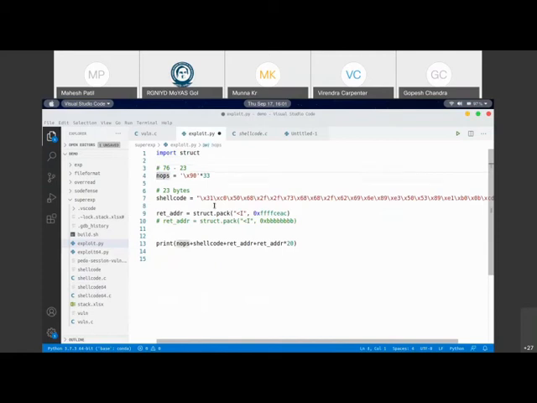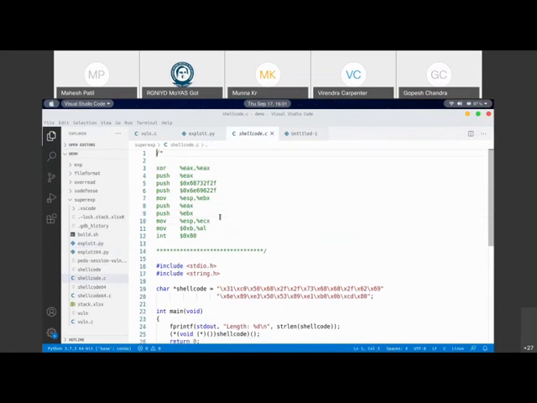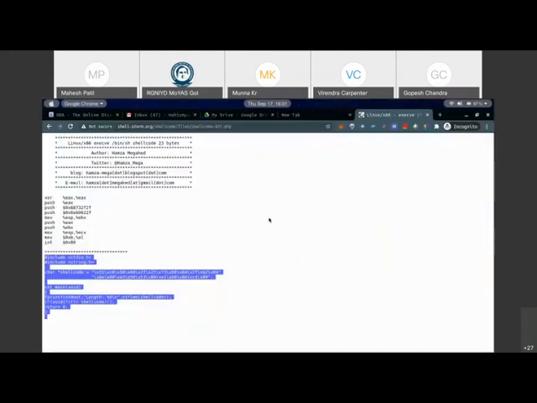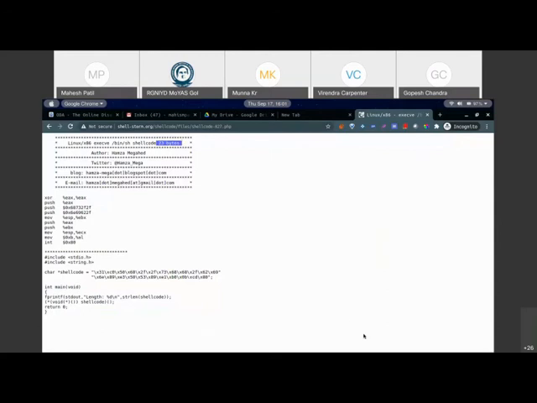Now we understand that our buffer is of size 76. And what is the shell code size? If you remember, the shell code size is 23 bytes. This whole number of bytes here is 23 bytes, and this is what we actually saw here also. Can you see that?